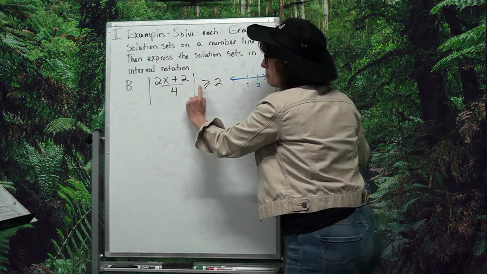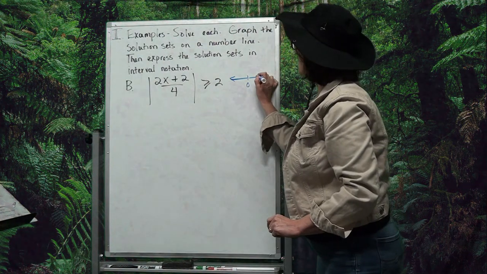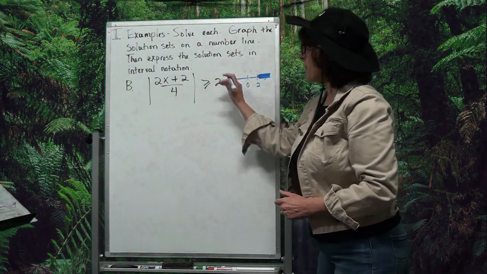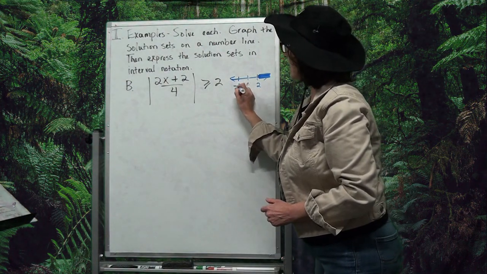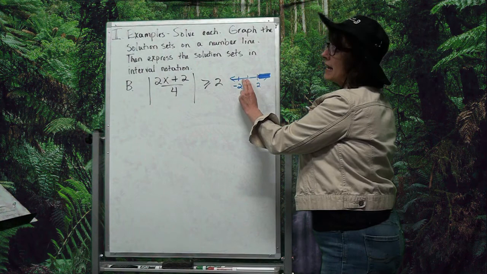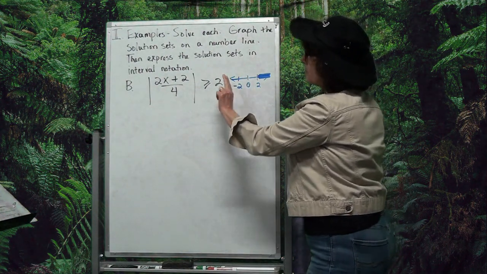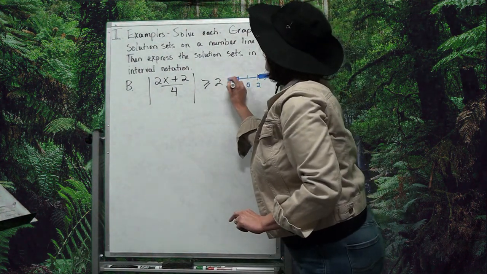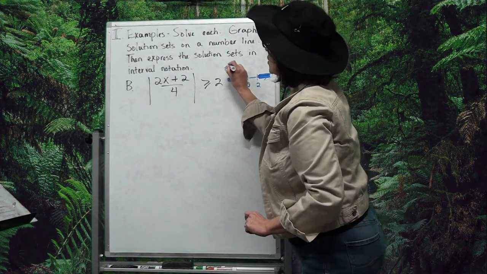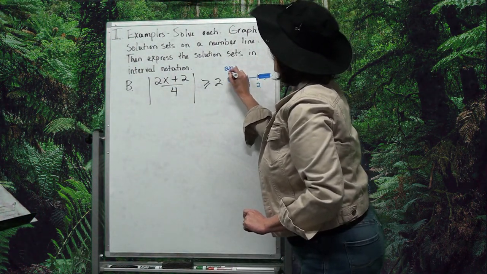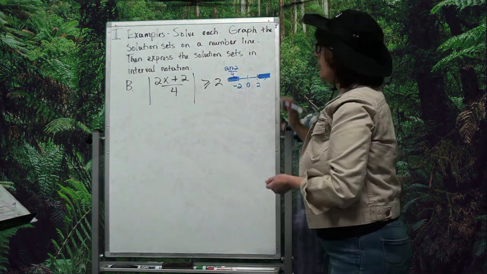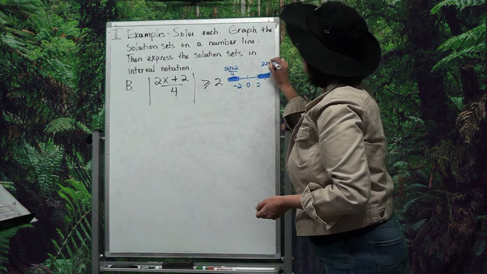So this distance is bigger than the 2. Bigger distance is going to be everything out here. But I can flip that over to the other side and say, okay, a negative 2 has a distance of 0. But again, I want bigger distance, so that's going to be everything on this side. So what this is telling me is, the stuff in here, that 2x plus 2 over 4, can be positioned back here,